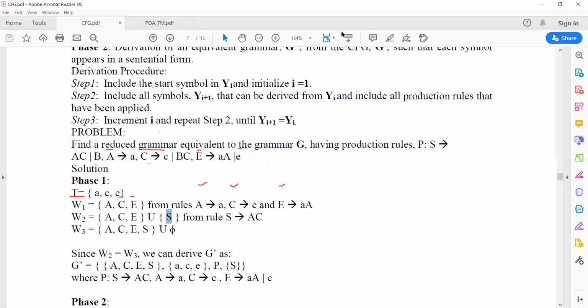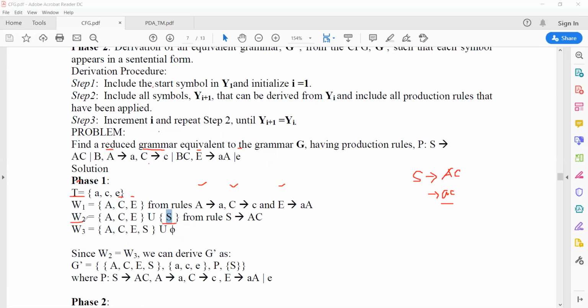If we apply S produces AC, then by derivation, A can be considered as small a and C as small c. So finally it can reach terminals, and that's why you add it.